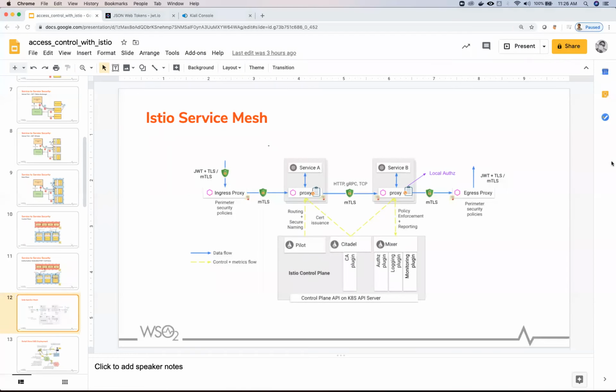Okay, so there's another question. Is it possible to configure the Istio Ingress Gateway to send a request to an internal STS to exchange a client JWT which is issued by